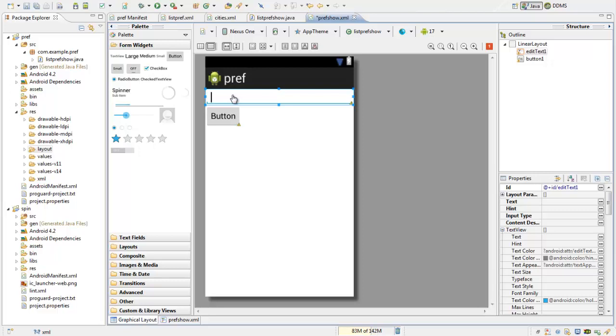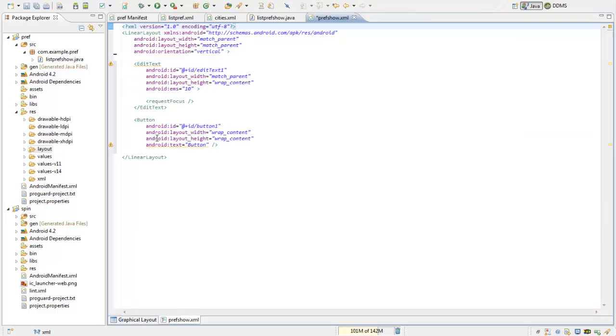This text field will show the preference that is selected by the user, and this is the button that will load the preferences. In the button I'll simply say show choice of cities, and I can have android:onClick showPref.